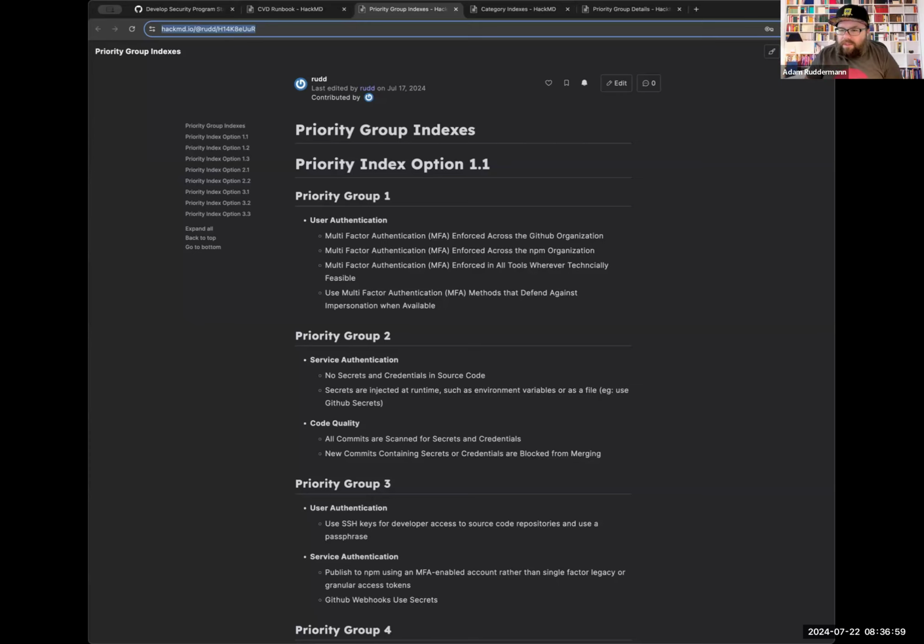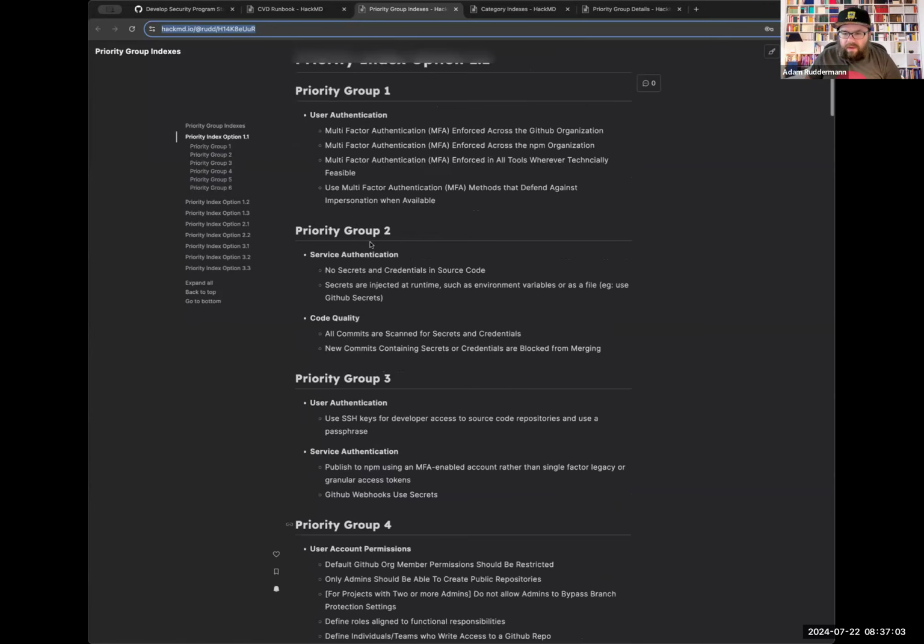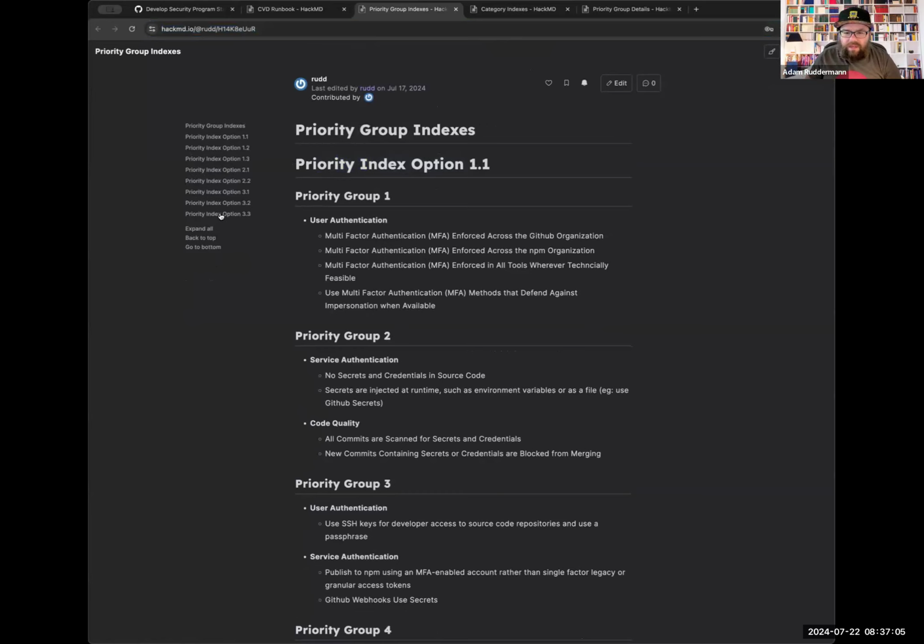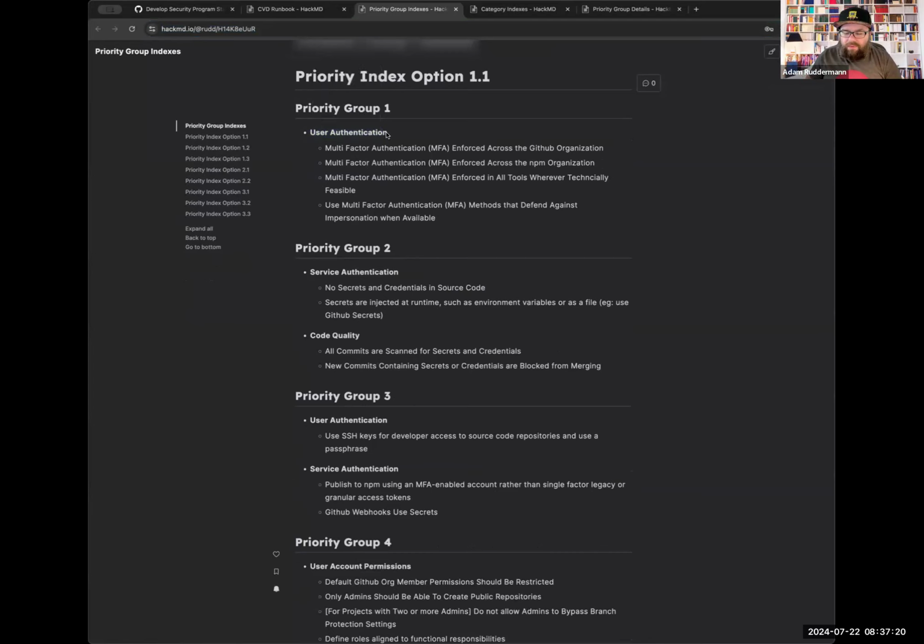So to start out, I have different sets of index options here. You'll see they're organized 1.1 to 3.3, each a different sort of style. The first group is just a bulleted list with the top indents organizing by category. So we see in priority group two,